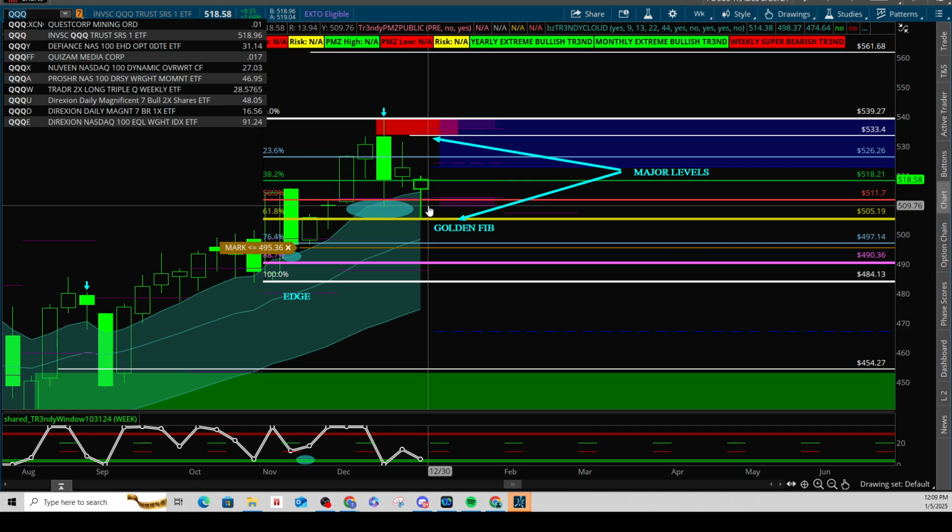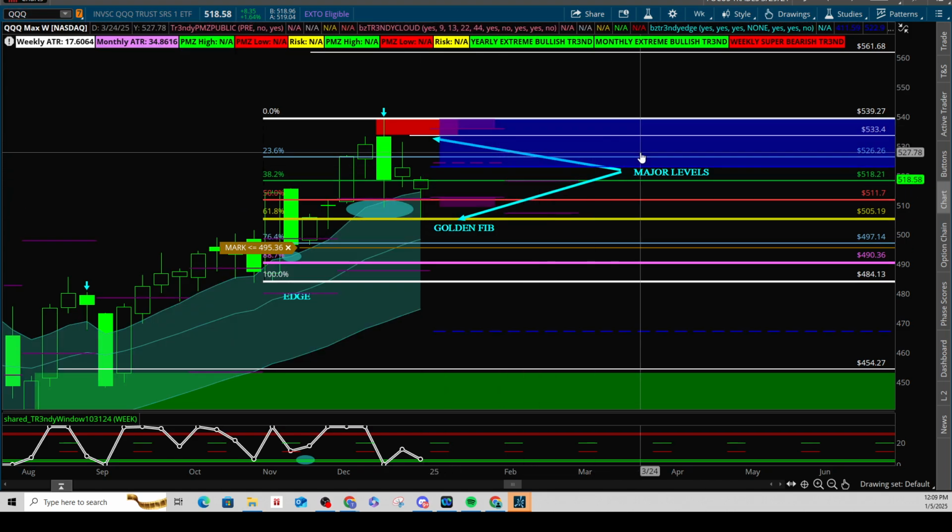Now, if for some reason, again, if we close underneath the golden Fibonacci, things turn for the better for bears, and really a nice little reset in the market where we could see prices drop below the 500 level, get into 490, 480s, and possibly towards the 454 level. Okay, so again, it's not there yet. So again, just two major levels going forward into these next several weeks.